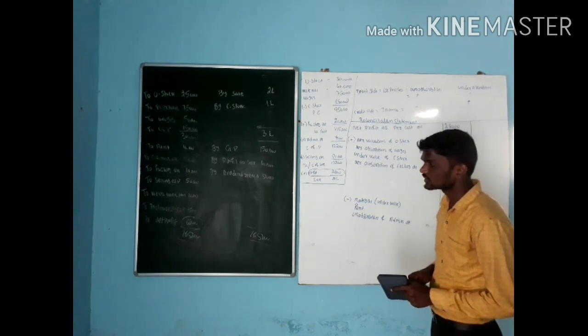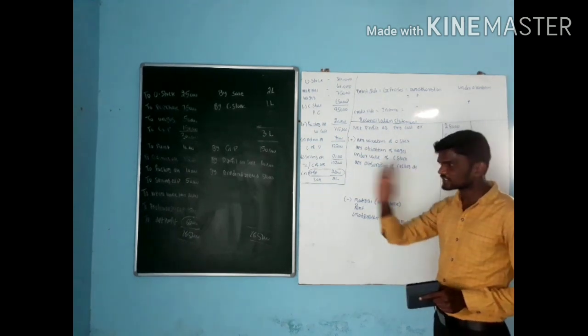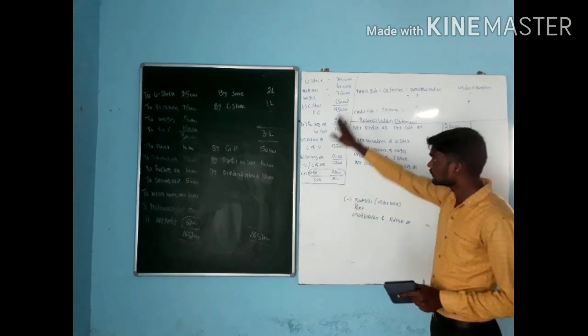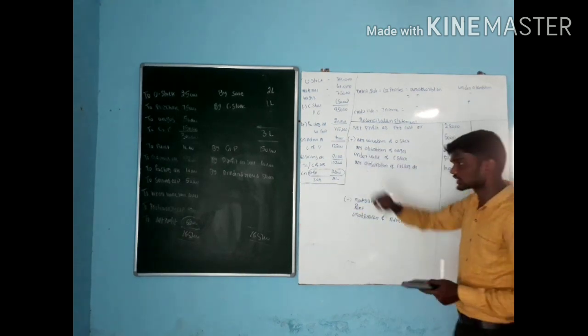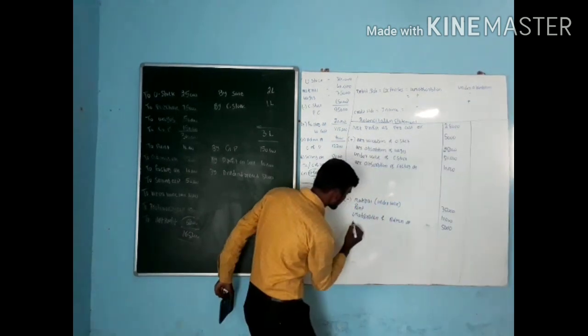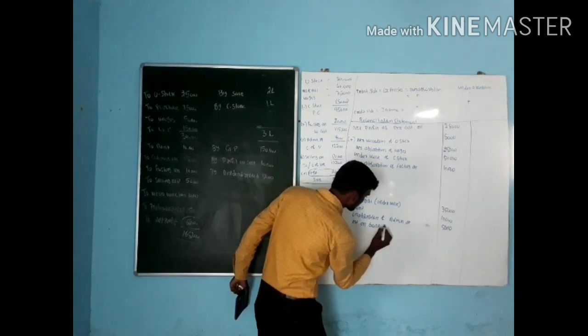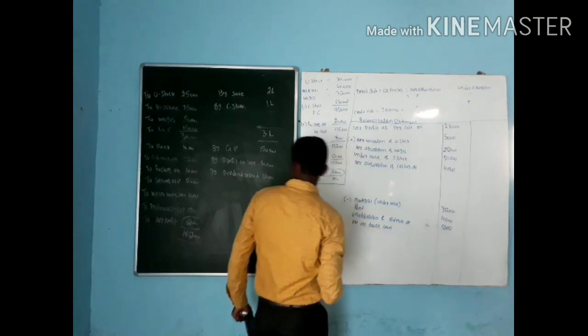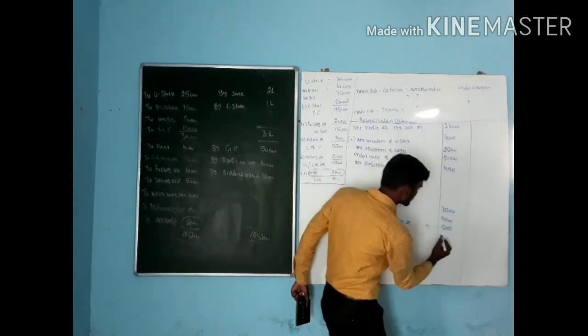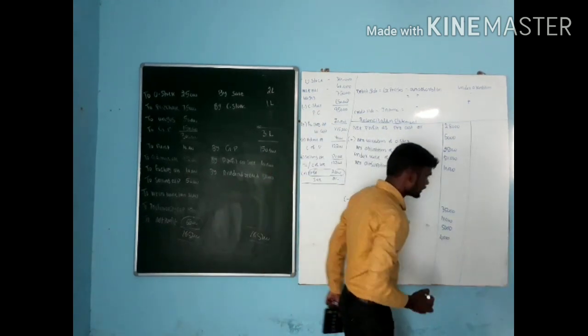Interest on bank loan is how much? 10,000. Debit side, in the sense it's a kind of expense. We are not recording it in the cost sheet, so expenses we need to minus. That is interest on bank loan. So how much is interest on bank loan here? Interest on bank loan is 10,000.